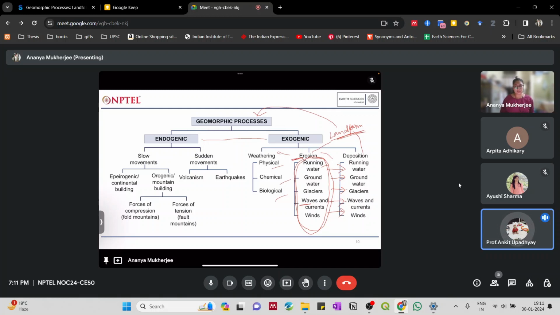Any more questions on this? Ma'am, is there a difference between waves and currents? Currents are a bit different. Currents are actually kind of a cyclic thing. So I think it will be better when I explain this when we are doing the fluvial geomorphology as well as the wave. Over there, it would be easier for me to make you understand how currents form a different landform. Is that okay?